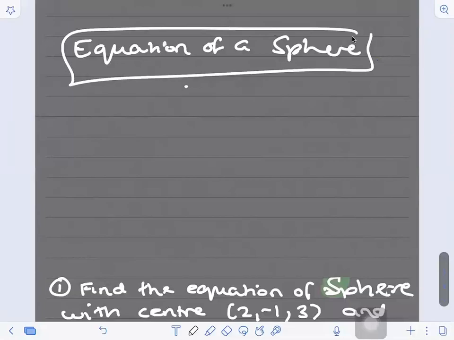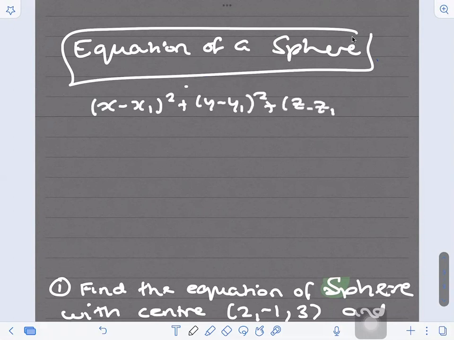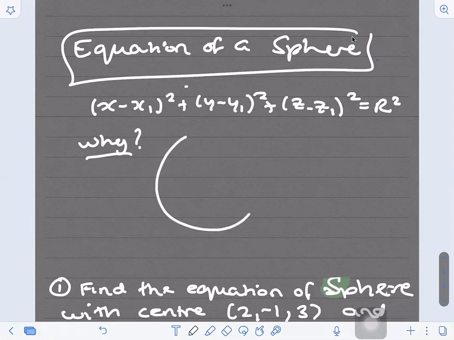Okay, so basically, the equation of the sphere is (x - x1)² + (y - y1)² + (z - z1)² = r². But I just want to show you the reason why as well. If you have a point, a vector, and it's in a plane, and if you had a